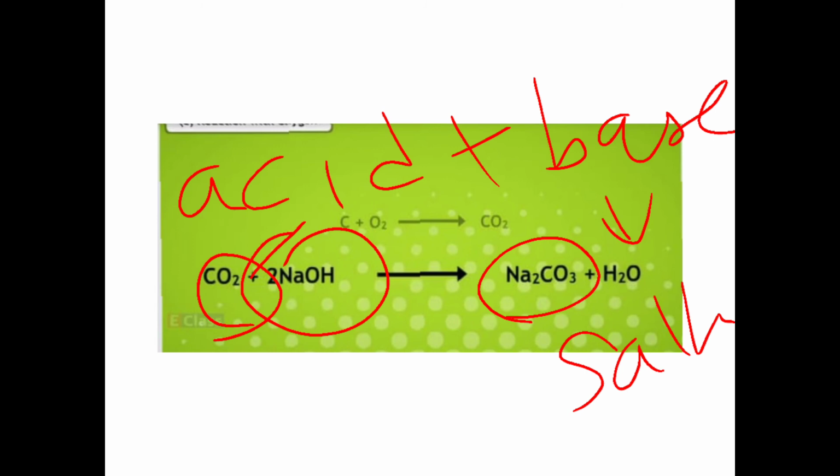Clear? So oxides of non-metals react with water to form an acid. So you must have heard about acid rain. Now children, listen to me carefully because it is not given in your textbook clearly. The reactions are written that CO2 plus H2O gives carbonic acid, SO2 plus H2O gives sulfurous acid, and sulfurous acid also gives rise to sulfuric acid. Now I will give an example.